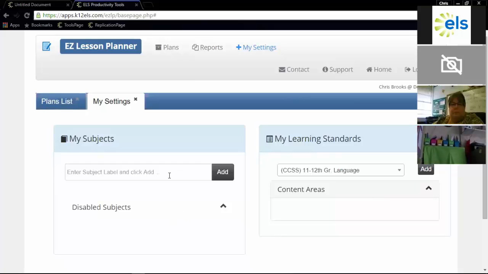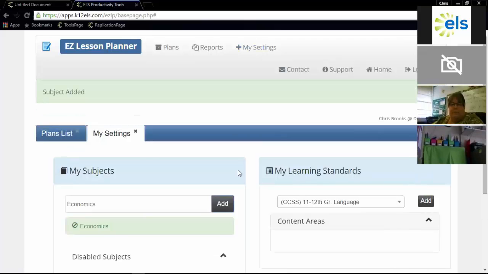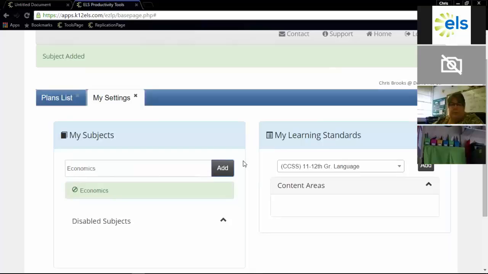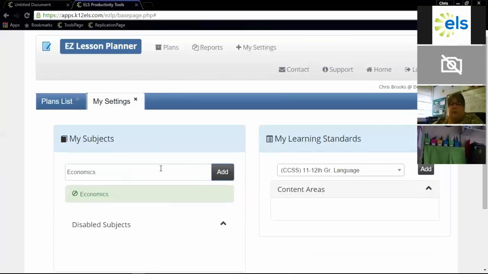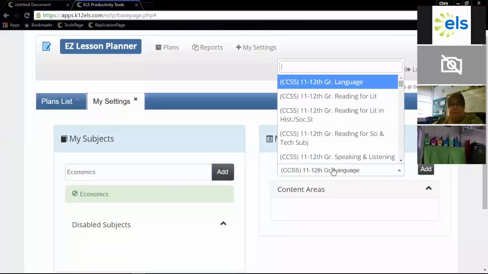The teacher that I'm logged in as is an economics teacher. So I'm going to type in economics here for my subjects. I'm going to click Add. That's very important. It will not let you create a lesson plan until you have a subject in there. So click economics, and then under My Learning Standards, you'll choose